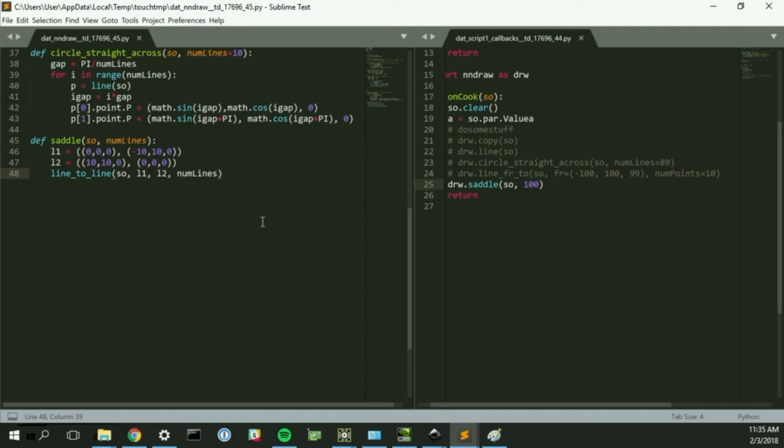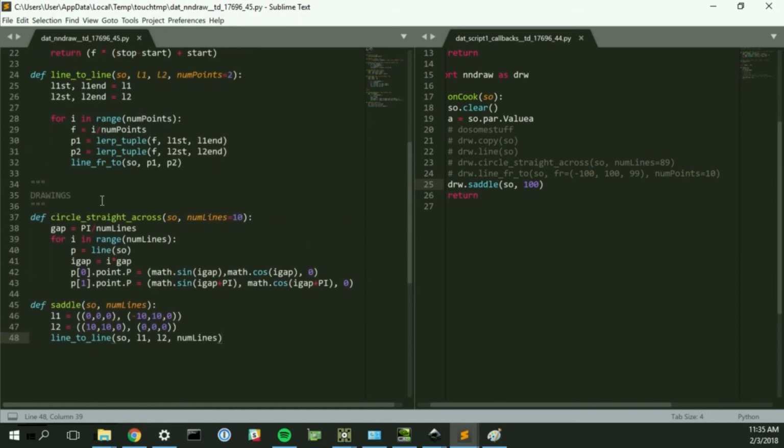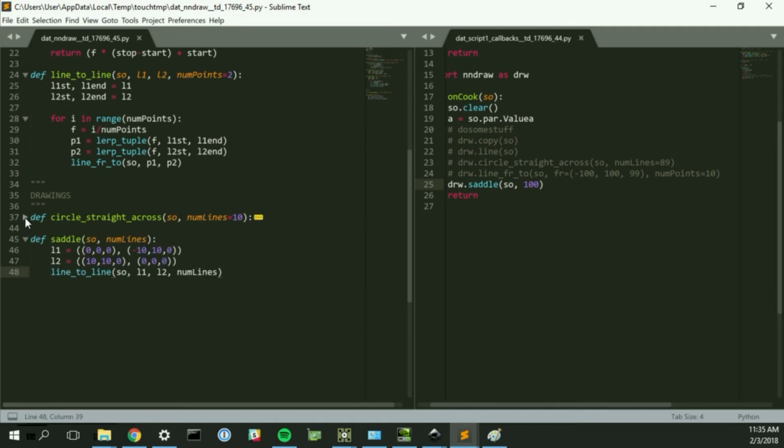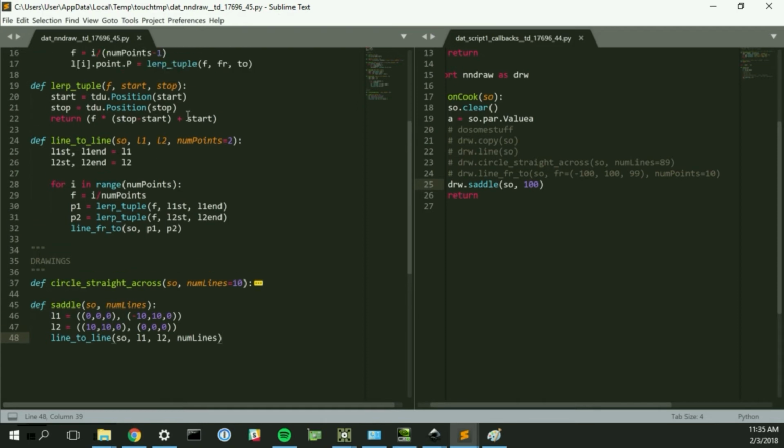Can you maybe put the previous function you just wrote also? Oh yeah, totally. Let me see if I can. I'll collapse the circle straight across here. Okay. All right, and then yes. So these are the 3 things we're using here. I mean, we're also using line from to, but